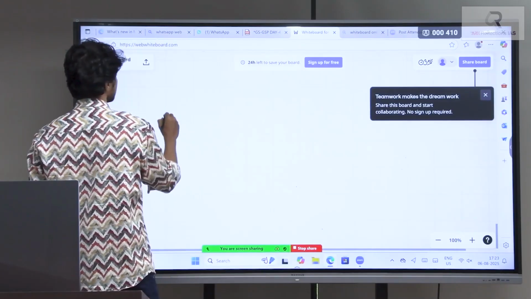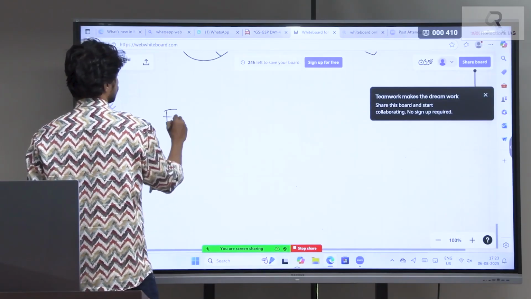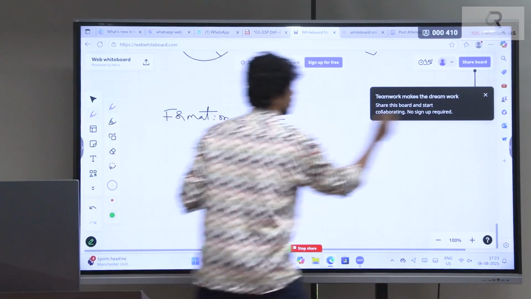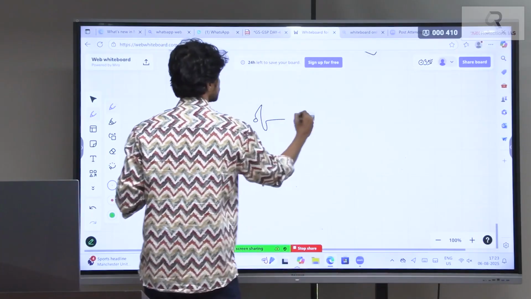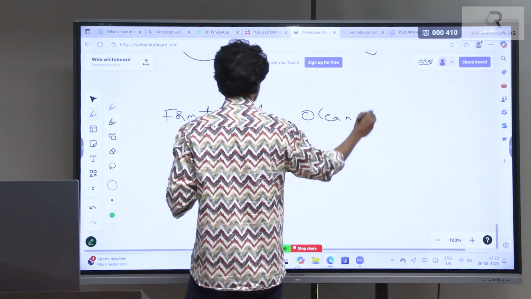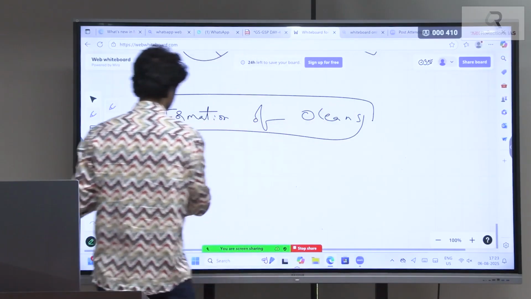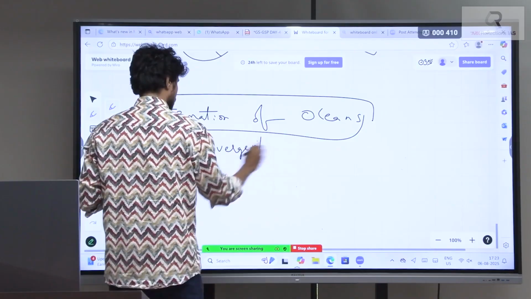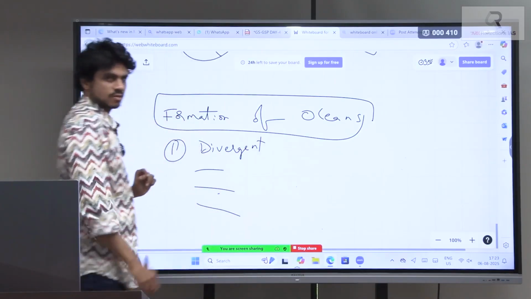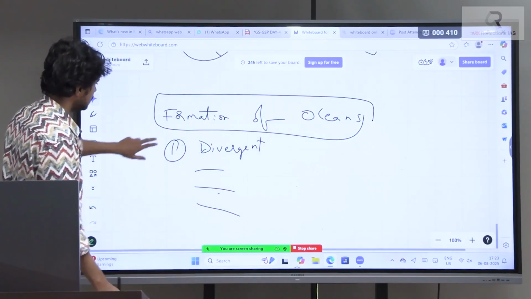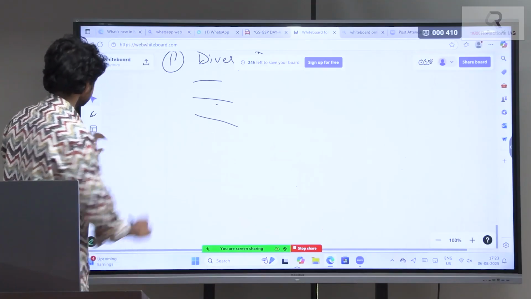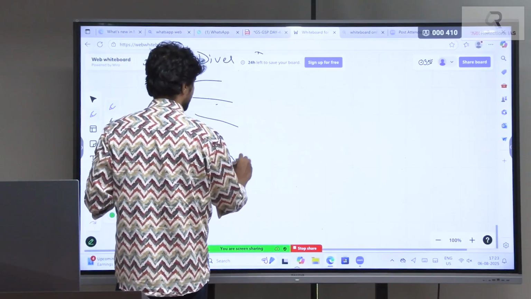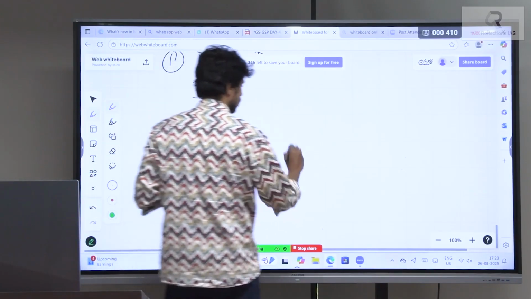So first I will use formation of oceans. Here I will use divergent plate boundary. Okay, then I will give those concepts, rifting, formation of the ocean and all. Then I will get into the next, formation of